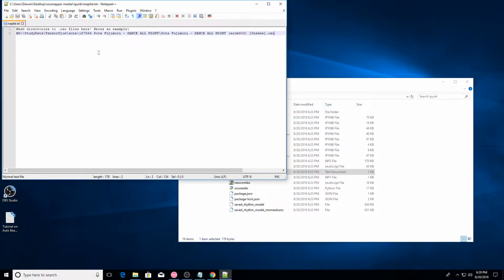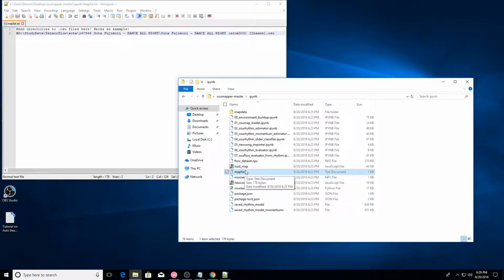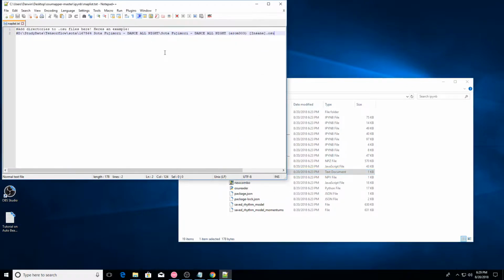Now what you want to do is add the directory of where your .osu file is. And this is for the training set. So this map list will contain all of the maps you want the computer to learn from. So for example, if you want the computer to generate a tech map, then you should put mostly tech maps in this map list, and make sure it's a .osu file, not .osz. So .osu for each individual difficulty. So to do it, what you want to do is get rid of this, all of it,